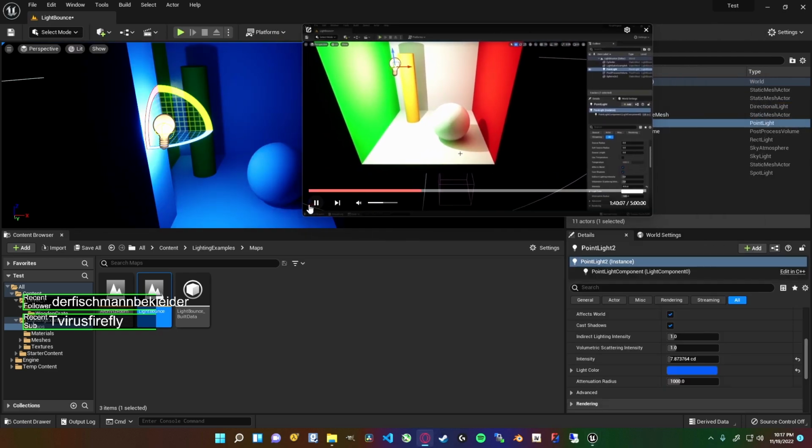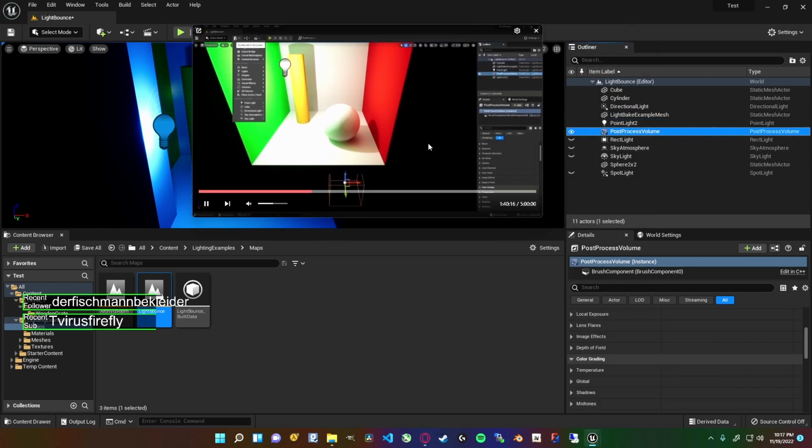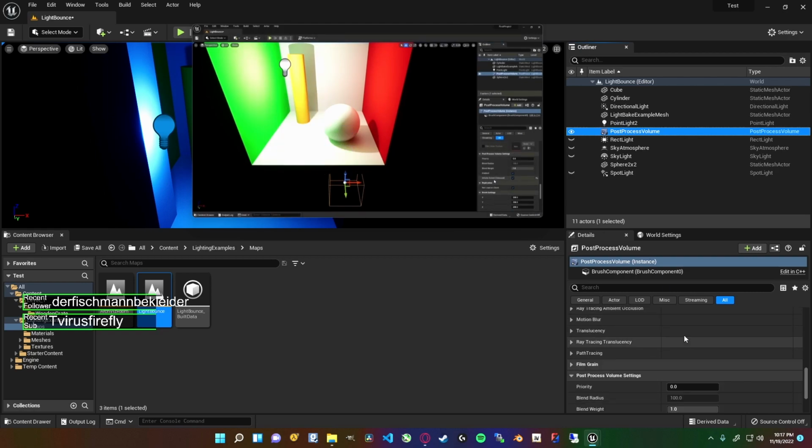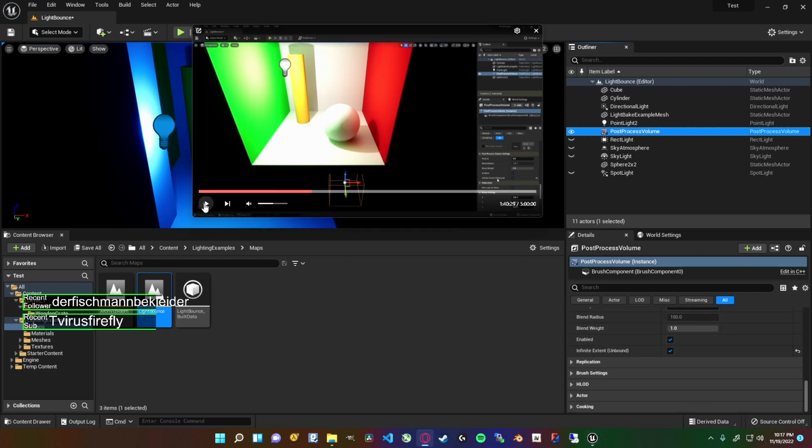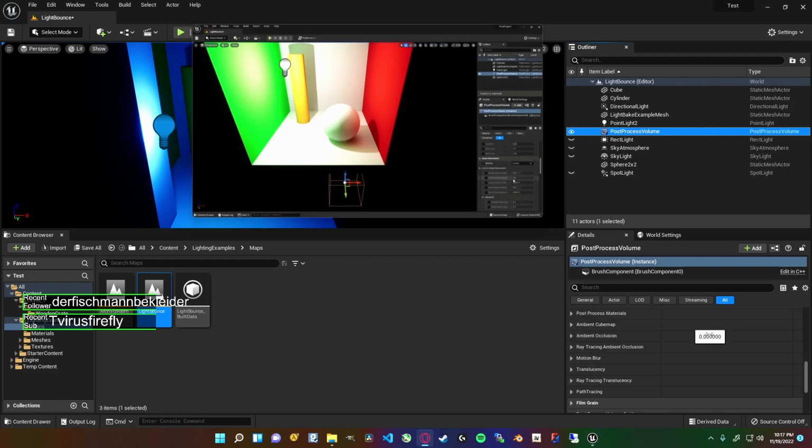To get rid of that noise, we need to play with the Lumen settings, which are located in our post-process volume. So find out where the post-process volume is. As a reminder, you can create a post-process volume by going to Add, Volumes, and Post Process Volume. Make sure in your post-process volume that Infinite Extent Unbound is turned on, because otherwise our post-process volume will not be affecting the scene. So you want to come down all the way inside the post-process volume to Global Illumination,